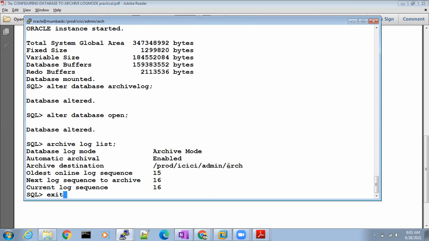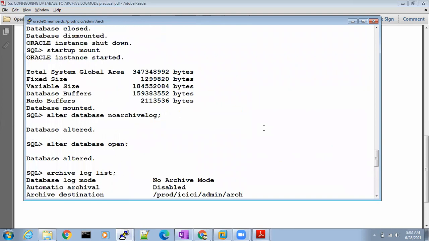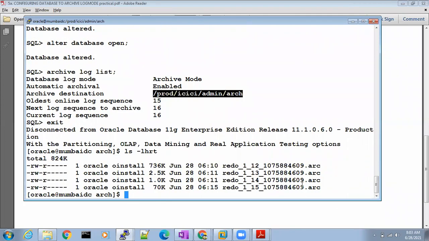That's it. This is about today's session. So you have to keep practicing enabling and disabling this archive log mode. You have to do some log switches and go to this location and see if the archives are getting generated or not. I told you, whatever the live data or changes happening in the database are finally stored in the form of archives, so that in case there is any data loss, we can restore the data back from archives. That is the purpose of archive log mode.